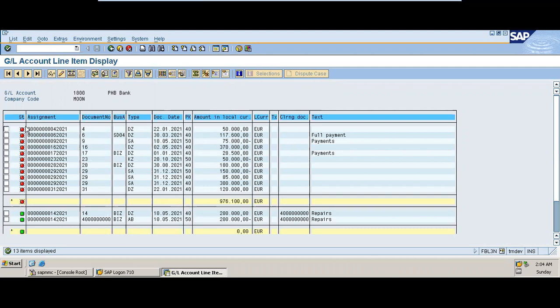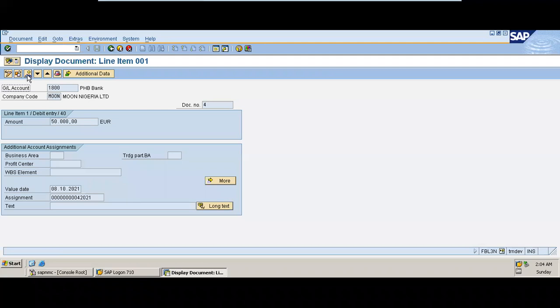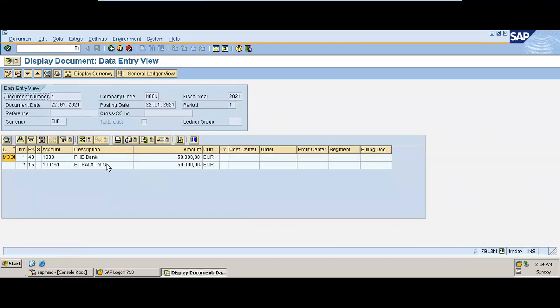Of course, this status shows that these transactions have not been cleared. A bank reconciliation has not been done. Also, you can see outflows, inflows, and the outstanding balance, the clear balance. If you drill down, just as we did, you can go and display your call-up document to see the